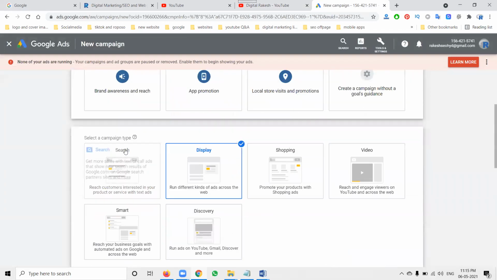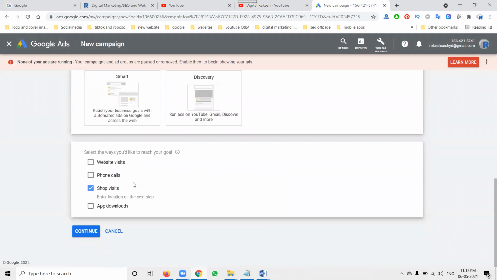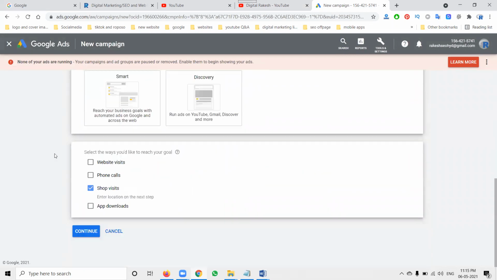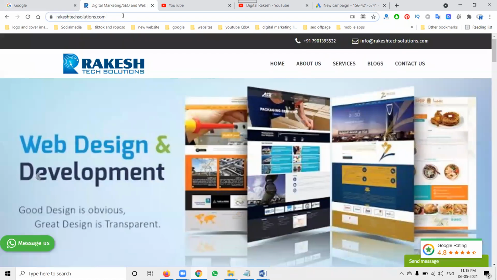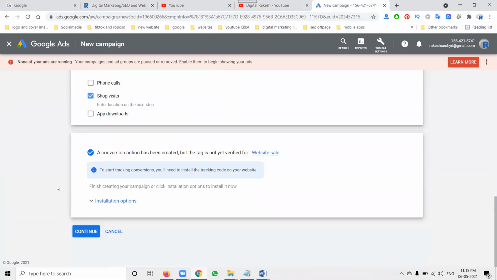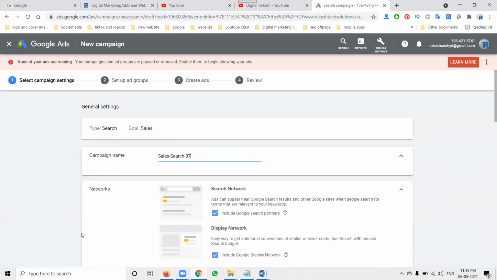Most people use the search option, that is the shop visit option here. After selecting shop visit, first choose the purpose of sales, then select the campaign name, which is search, that is called shop visit. Select any kind of shop, and we can go to the next option, or website visit. We can go with the website also. We have multiple options here. After that, click the continue option. If you want sales, we can select the search campaign, which will also be useful. The campaign setup takes 4 steps in total.